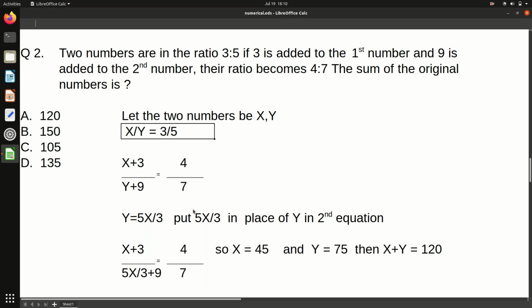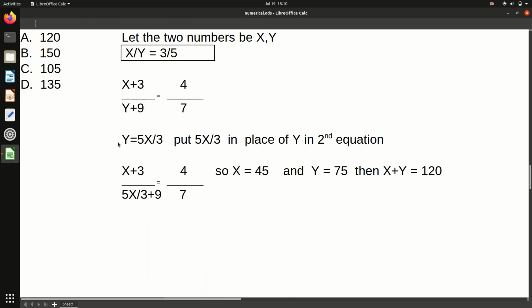Now that is simple. Just remember this: whenever you have two equations and two variables, just take the value of one variable and put it into the other equation, so that everything comes in one variable. Now after I put the value of y here, it will become something like this: x plus 3